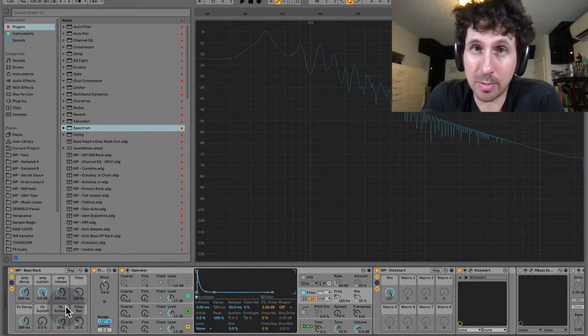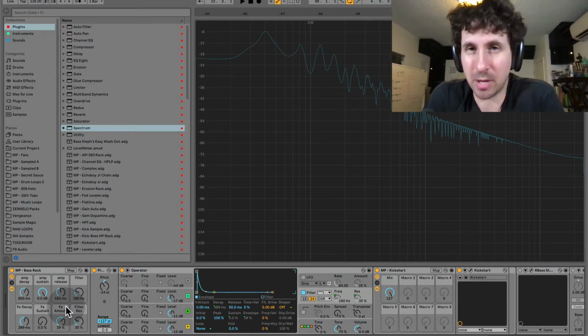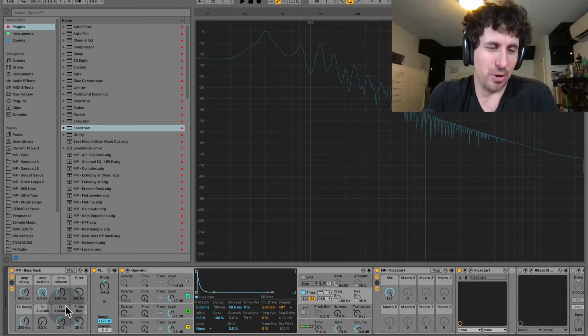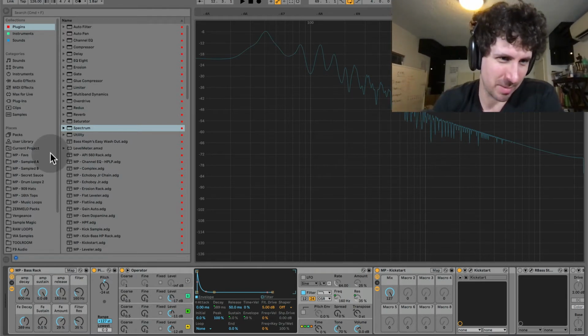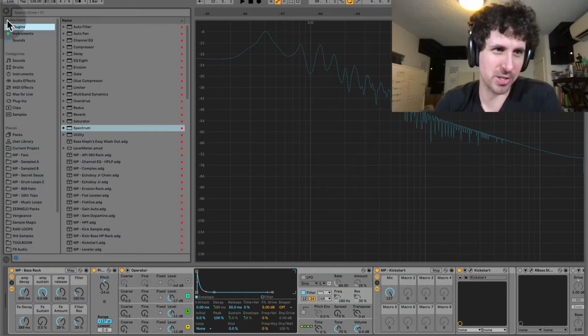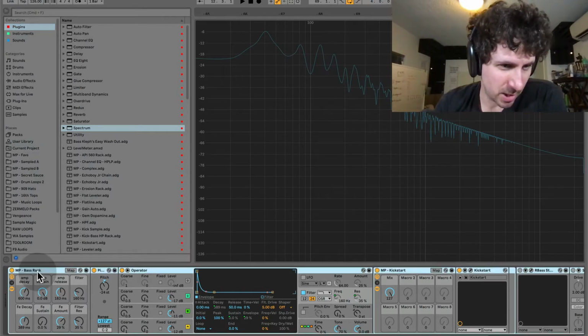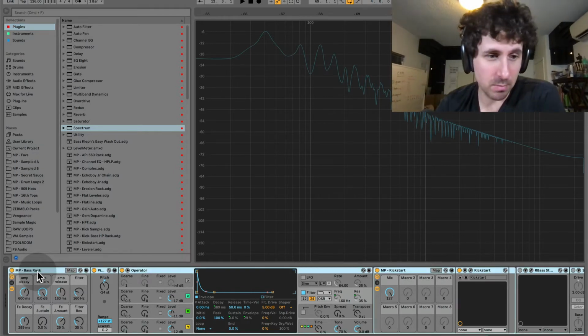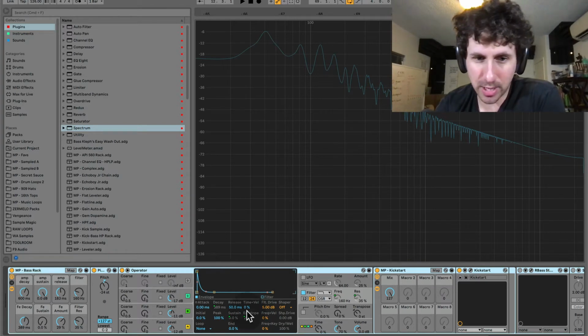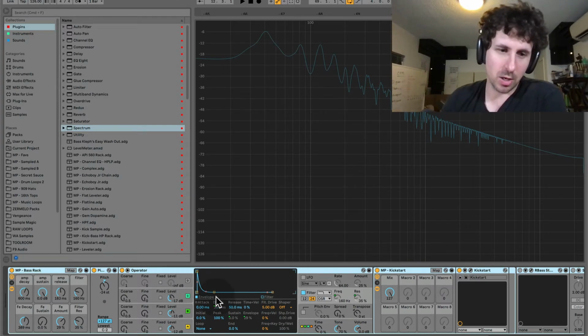Ableton 11 lets you map even more parameters, so 16, but I'm still here on Ableton 10. I'll eventually switch over, but I just don't want to have to set up all this stuff. Anyway, moving on. So this is my default bass rack, and so that's the walkthrough of understanding the 3 oscillators,